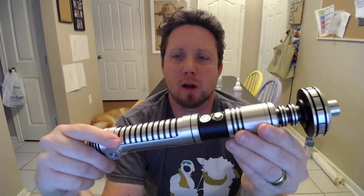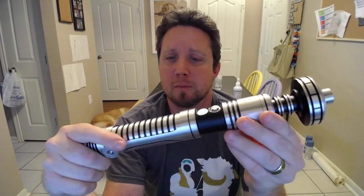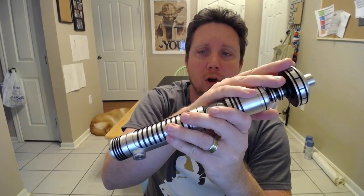The Saber Forge Shadow Hunter, and I'm assuming Shadow Hunter is a light side name, so this is supposed to be a Jedi hilt, I guess. So I love it. I think it's great. I love how the thin neck and the gladiator